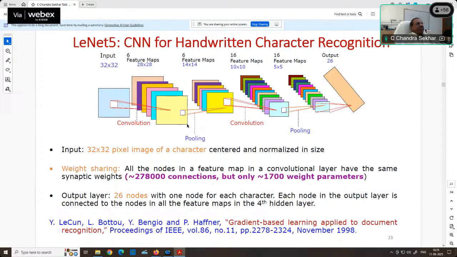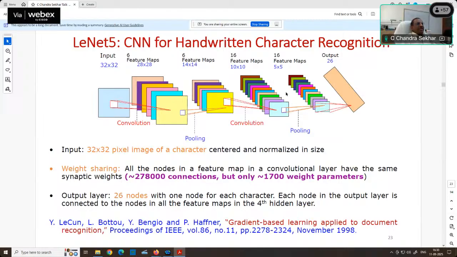Then to reduce the size of these feature maps, we do what is called the pooling operation, where we take the adjacent elements here and then generate the output by either taking the maximum of those elements or taking the average of those elements, which are referred to as max pooling or mean pooling, and it will help us to reduce the size of the